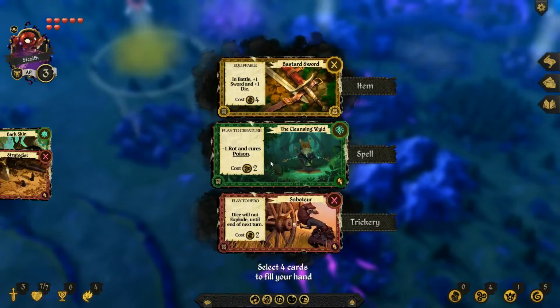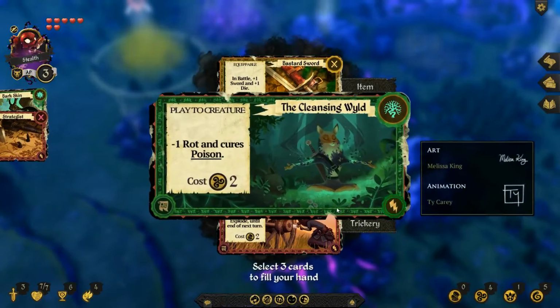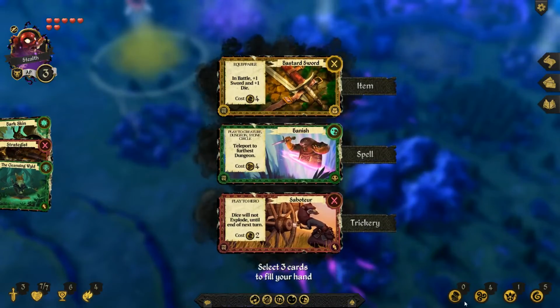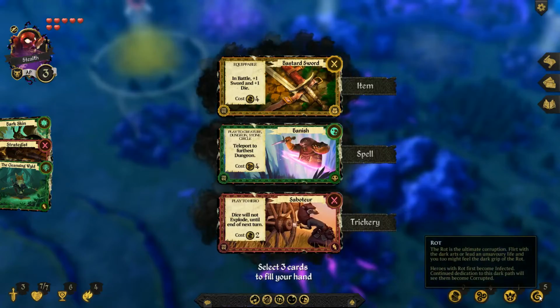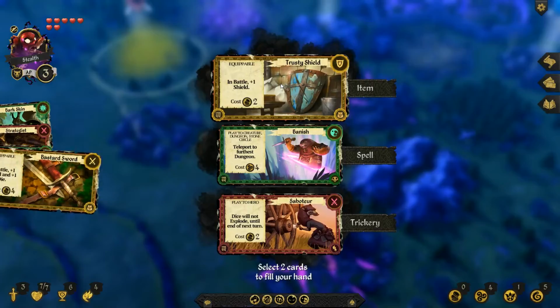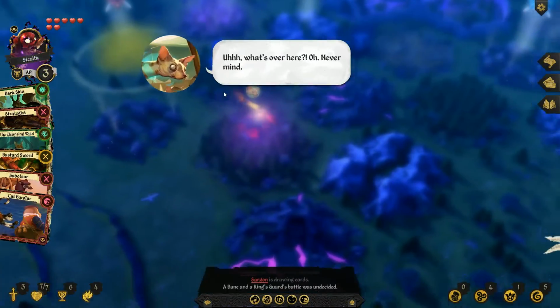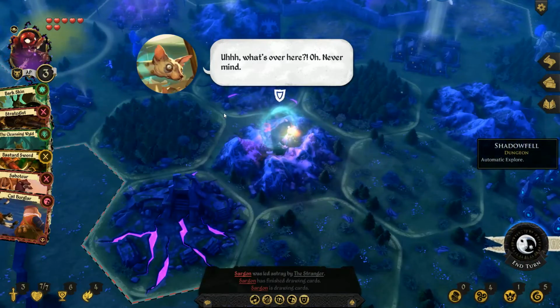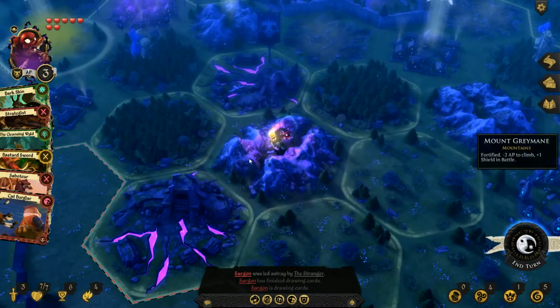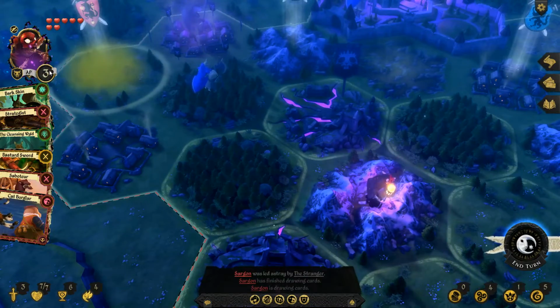So, okay, so -1 Rotten Cures Poison. You know, that might be helpful because I'm corrupted. I'm going to be going up against things. See, I've already got 5 here. Take you, and take you. Okay. Oh, that's what he does. You sneaky sneak. Fortunately, it didn't burn any of my... So I can...